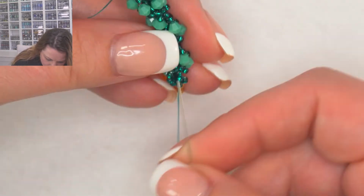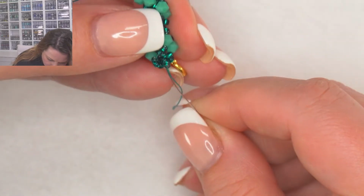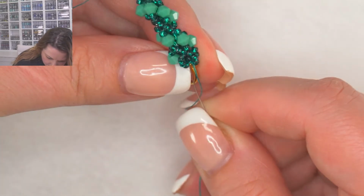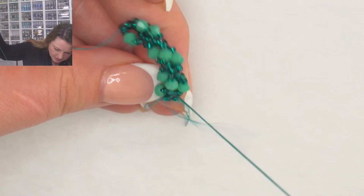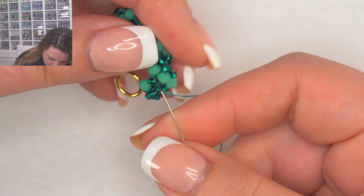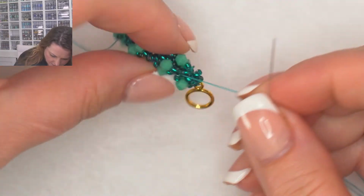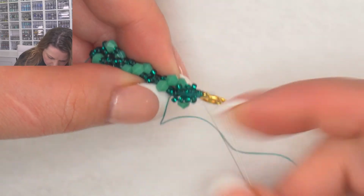So I'm going to go down a few beads. I don't just want to stop right underneath the clasp. So I'm going to go ahead and go down a few beads. I like to go down until I get where the crystals are, and then I am going to do a